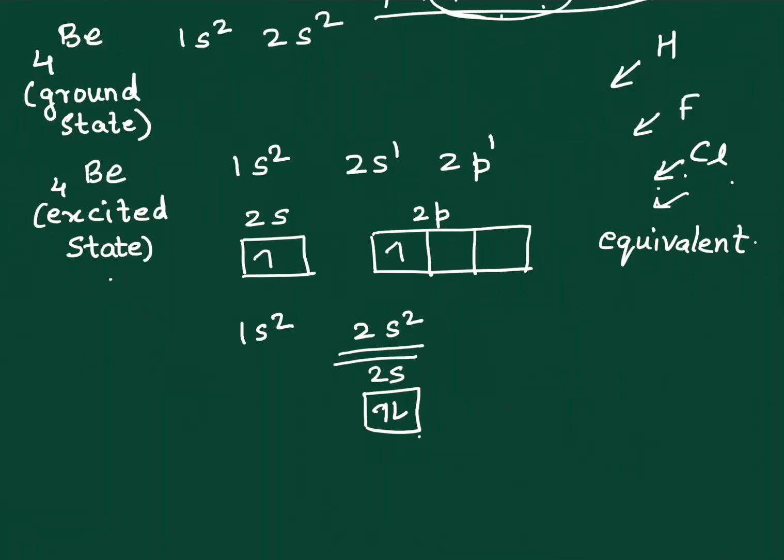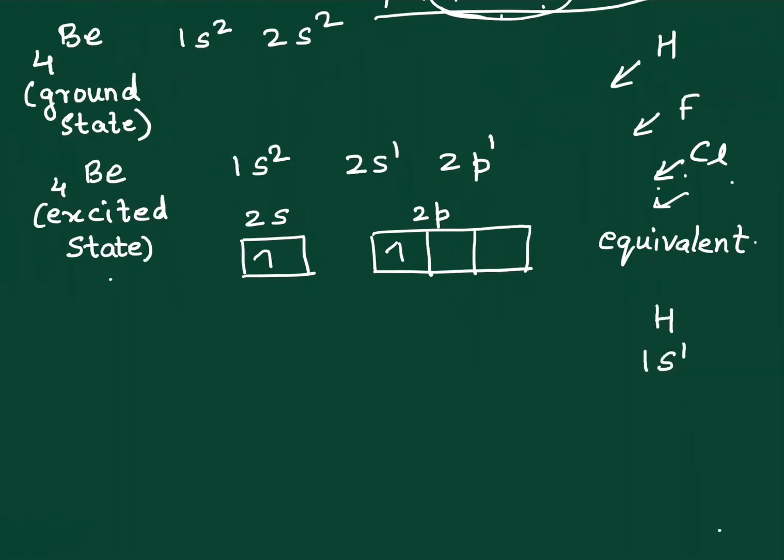right? The next question that arises in the mind of a learner is, why should it undergo hybridization? Let's assume that this doesn't undergo hybridization. So in that case, what will happen is, let's suppose it is forming a bond with hydrogen, and hydrogen's configuration is 1s1. So the hydrogen electron comes, pairs up with 2s, and 1s1 from the second hydrogen comes and pairs up like this. So if I were to draw the structure of beryllium hydride, how would I do it?